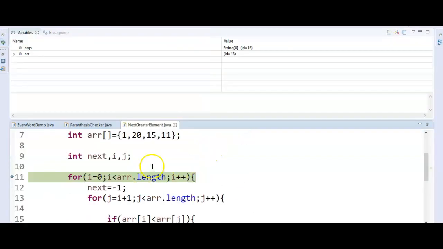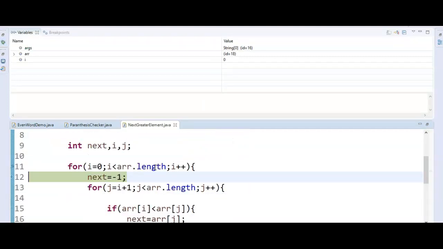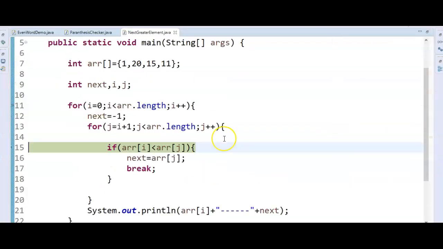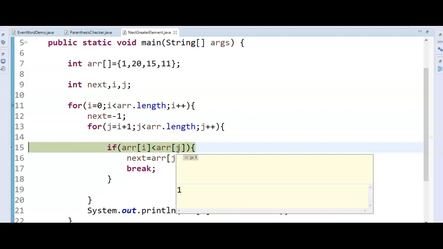So as I told you, for int i equal to 0, i less than array dot length. So next will be -1, j equal to i plus 1. So array of i is what? Array of 0, array of j, array of 1.